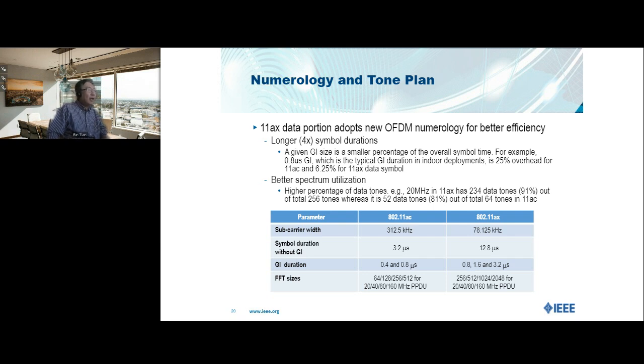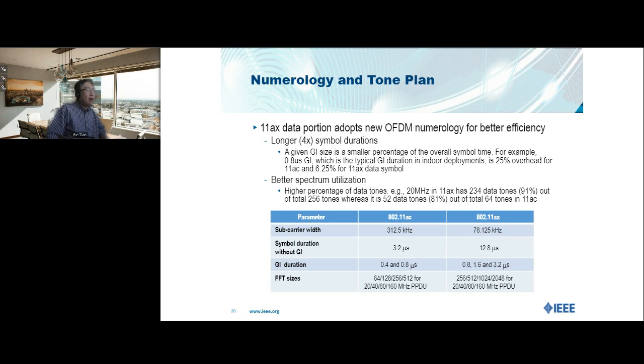the first benefit, as we mentioned, is the GI size now becomes a smaller percentage of the symbol time. For example, a 0.8 microsecond GI, which is a typical GI duration for indoor environments, is 25% overhead for 11ac and only 6.25% for 11ax data symbols. Okay, and we also have better tone utilization because we redesigned the numerologies. Now we have 4x symbol duration,